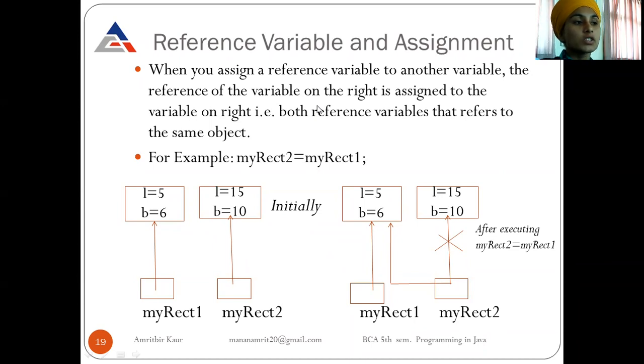one location having values L equals 5, B equals 6, and myrect2 is pointing to a location which has values L equals 15, B equals 10. But then we write myrect2 equals myrect1.